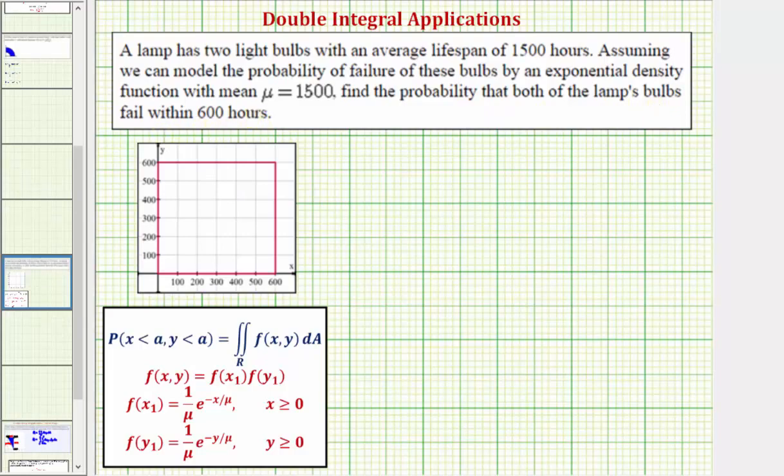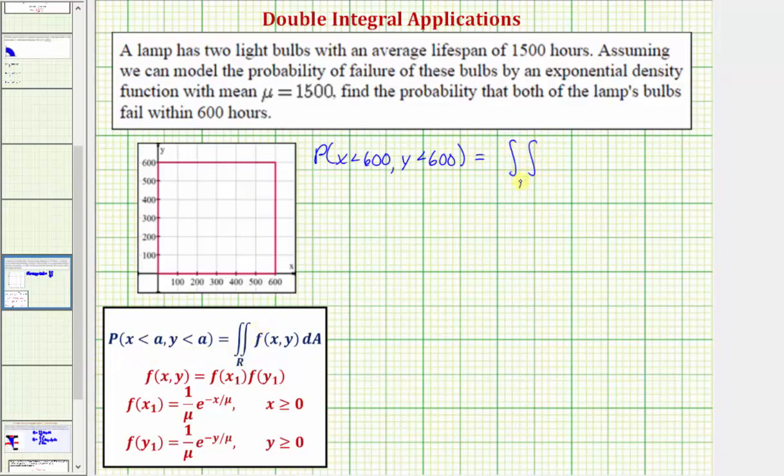So if we let x be equal to the number of hours until the first light bulb fails, and y equal the number of hours until the second light bulb fails, we want to find the probability that x is less than 600 and y is less than 600. If we take a look at our notes below, this probability is equal to the double integral